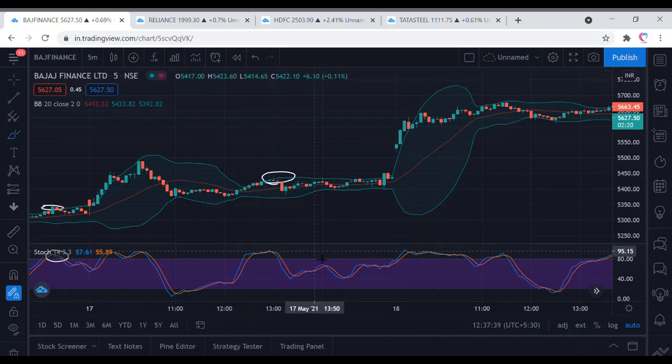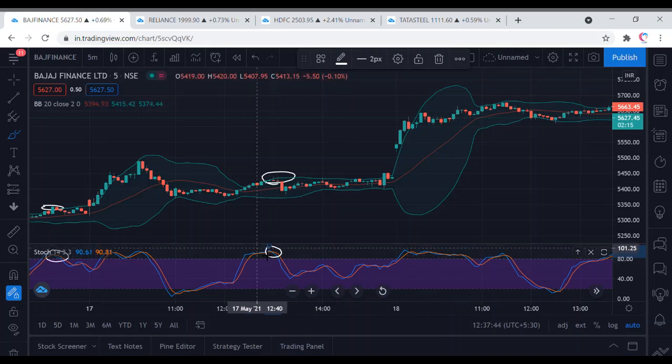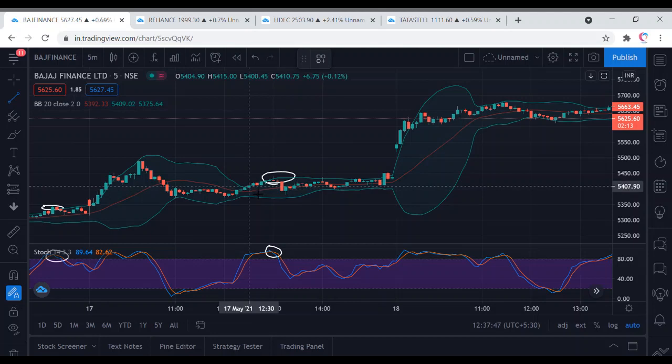And we are also getting a short sell signal from the stochastic, the red line going above the blue line and coming down. A short signal generated at 5,425 with a stop loss of around 10 rupees, 5,335. You can see just in the next candle, you got a good 30 rupees downfall. So you'll be selling with a 10 rupees stop loss and a 30 rupees downfall just in the next candle. This is a good risk reward ratio, 1:3.